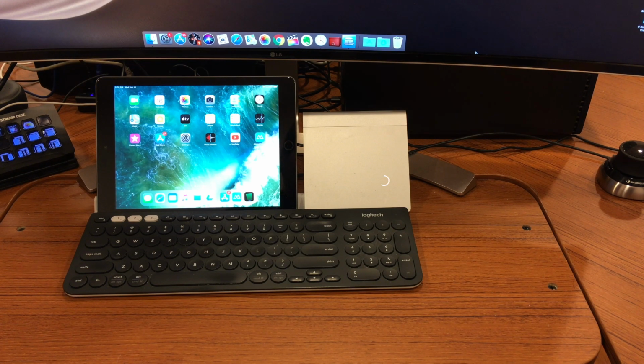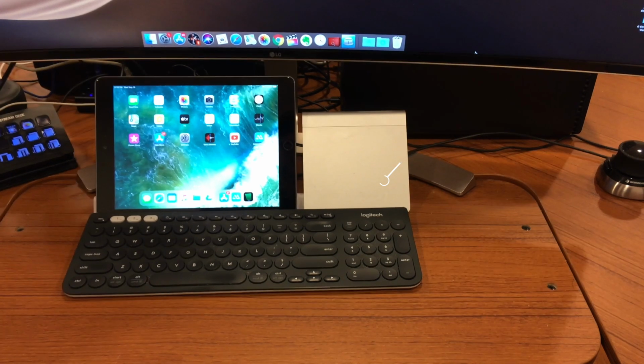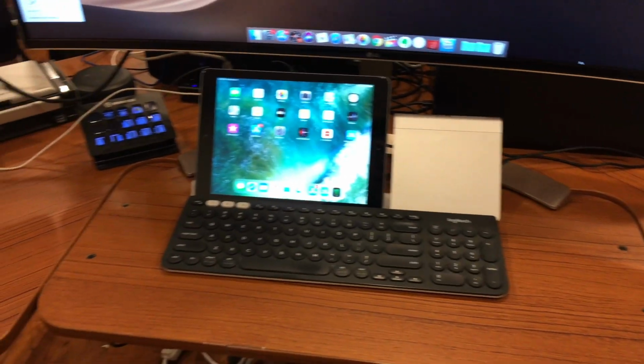I use the trackpad also for navigation in Final Cut, and what I really like about having it up there above the keyboard is I don't have to remove my hand from the keyboard to be able to do some quick trackpad navigations. Next to that, I have